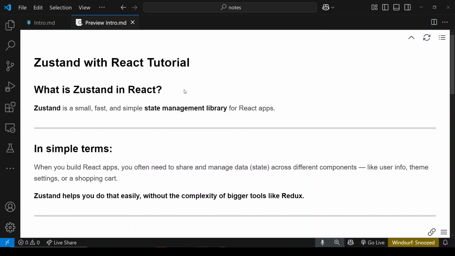Hello guys, welcome to this tutorial where I am going to teach you about a state management library for React applications called Zustand. So if you have watched the tutorial I have on the channel about Redux, you probably know what state management is, right? So state management means managing the data of your application and providing those different pieces of data to your components,